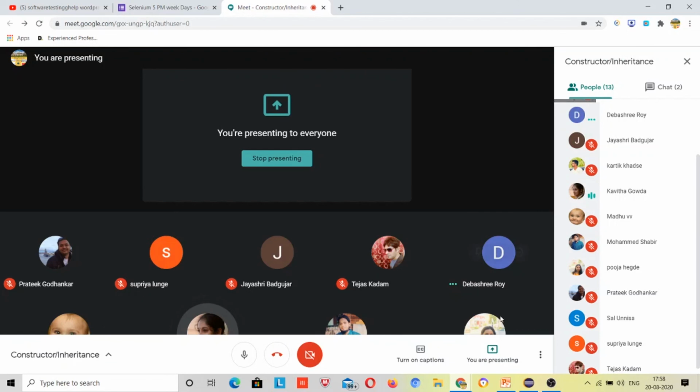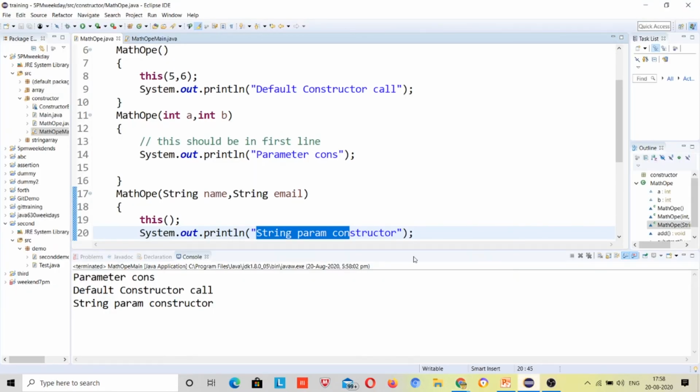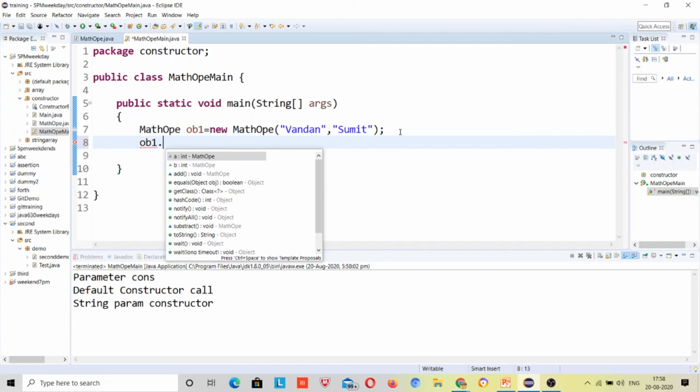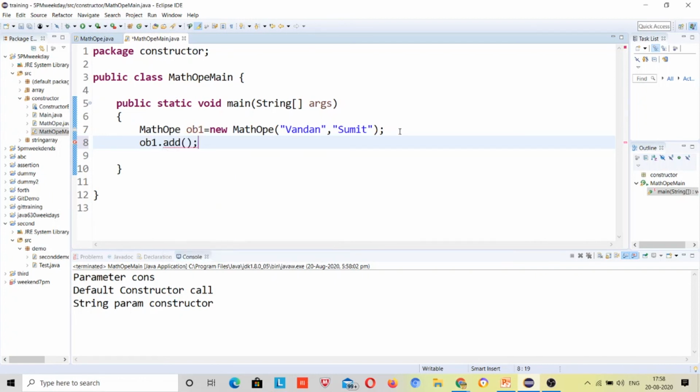But instead of calling the constructor in the main method, can I call the add method and just use new add here? You cannot call a method using this new keyword.